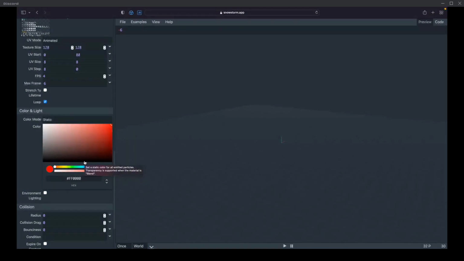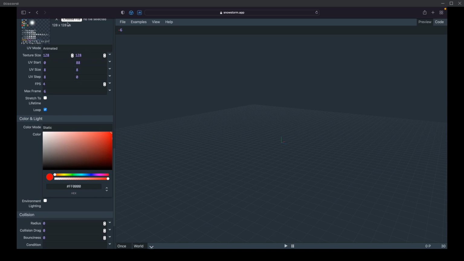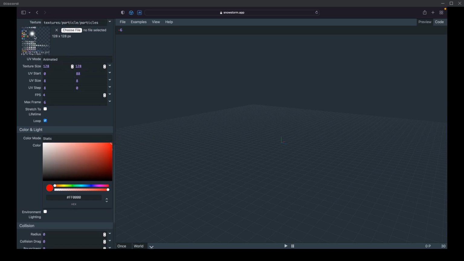So what's happening is it takes the color value that you provide and it multiplies each color channel by that amount. So when you have a white particle, like the white particles here from this vanilla particle board, then whenever you apply a color to it, it's going to get colorized pretty much completely in that color. If those were black, then you wouldn't get anything, because black is 0 and 0 times any color is going to be black still.